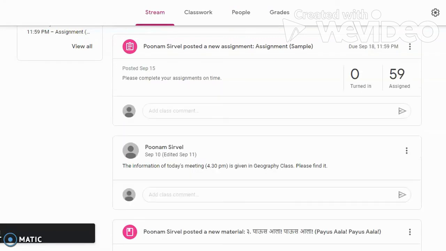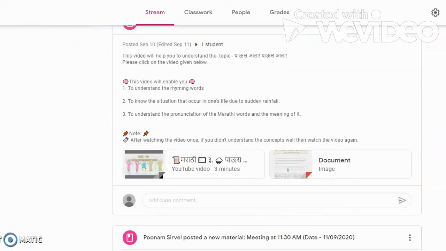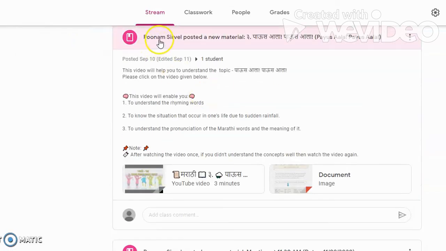Your stream tab will show the details of any post, means the instructions and the videos that are put up by you. See over here, this is the title, these are the instructions, and these are the attachments like a video, document, everything will be shown on the stream.